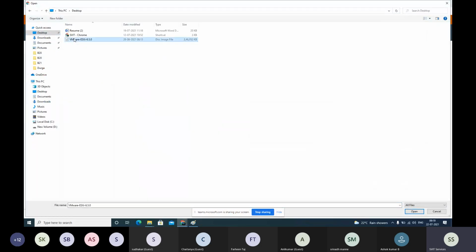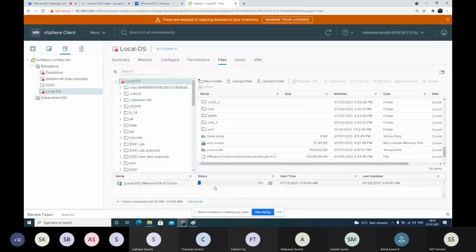This 6.5 is here. Okay, the file is uploaded.